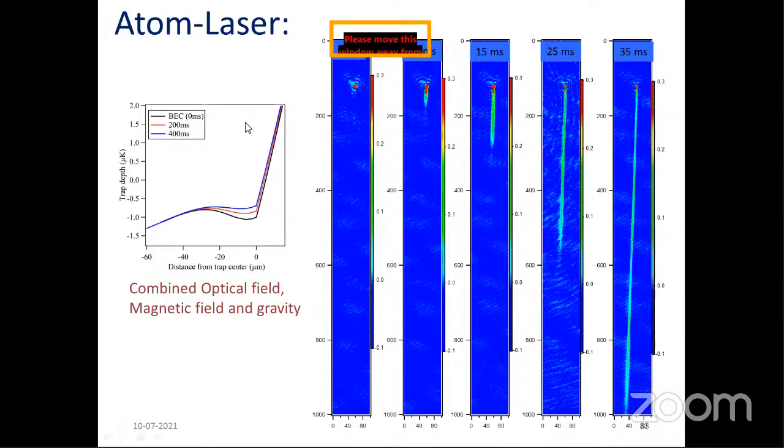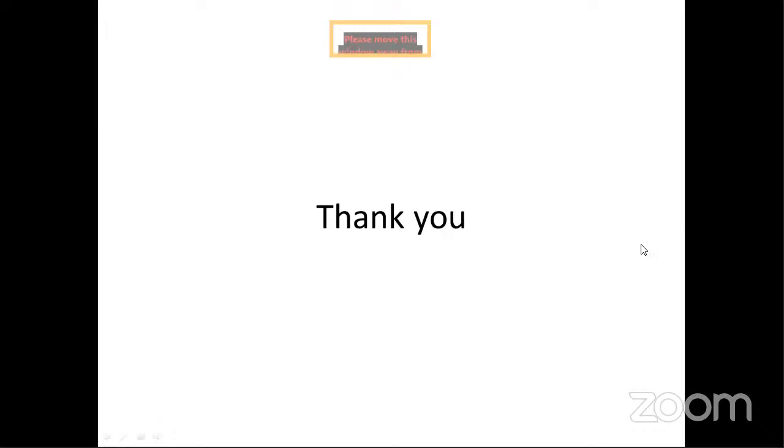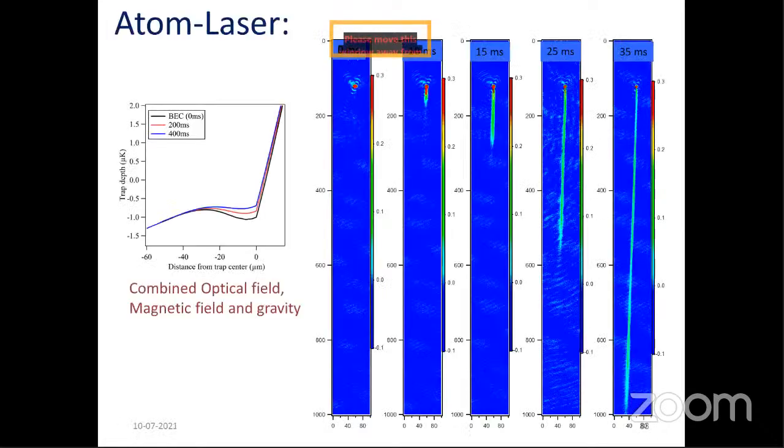On the matter wave optics side, where we are building atom interferometers, this is an atom laser. On the rightmost panel, you have this stream of coherent atoms coming out, extracted out of a Bose-Einstein condensate, and we modify the trapping potential in such a manner that we load atoms into this and then cool them below the Bose-Einstein condensate temperature and extract them out. So these are some of the experiments. We have built atom interferometers using Bose-Einstein condensate. We are improving on that.